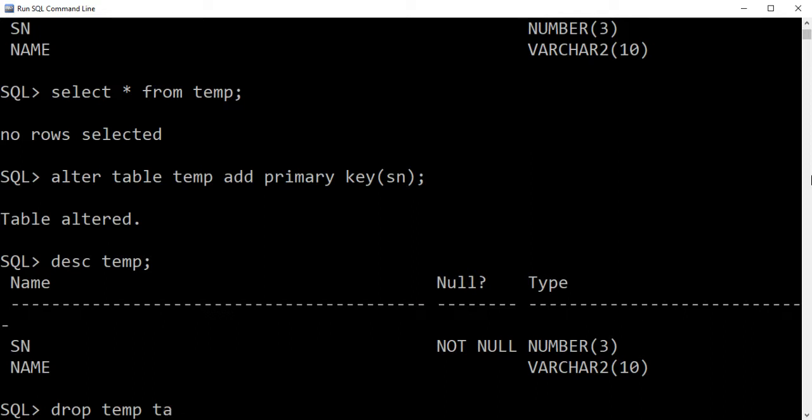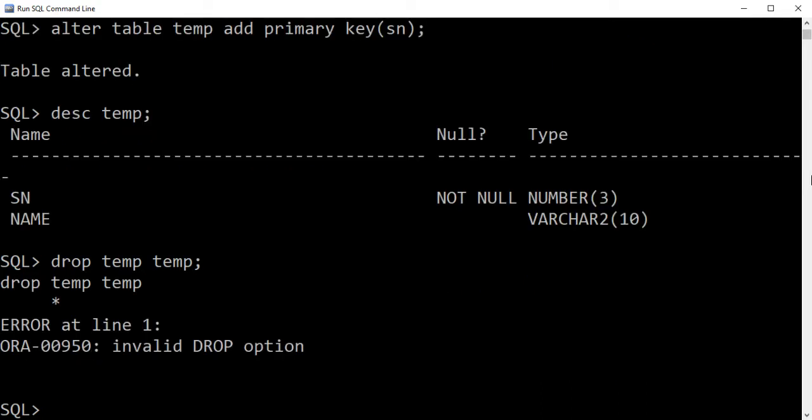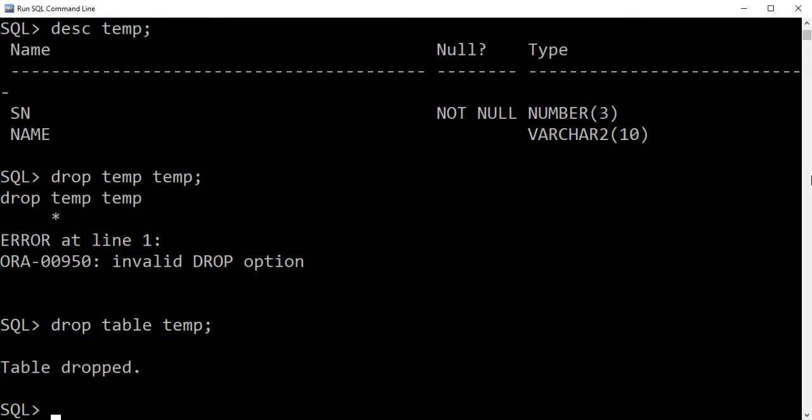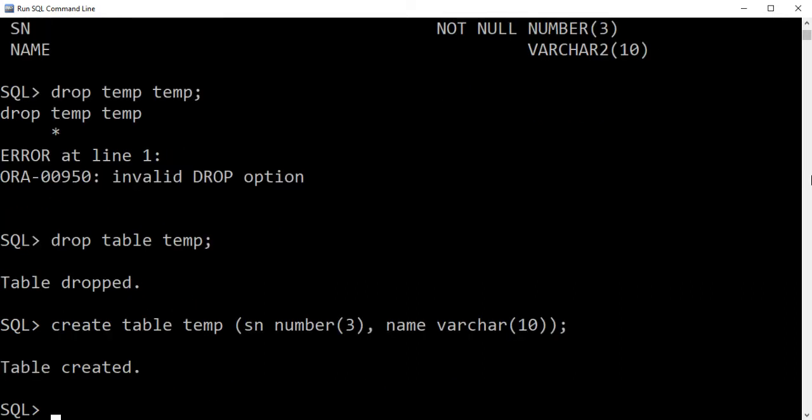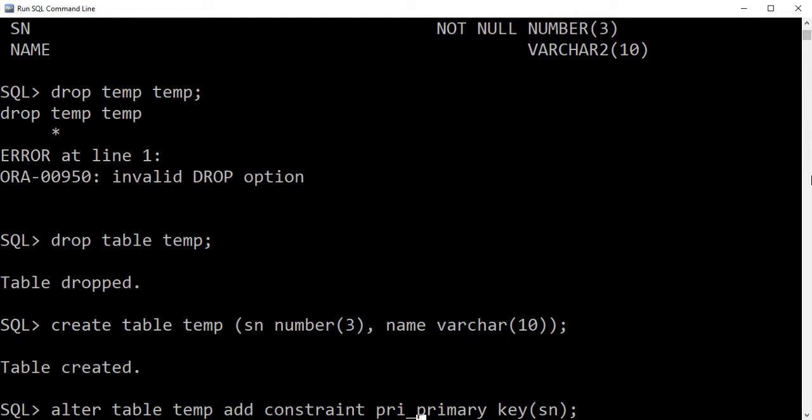Drop table temp. The table is dropped. Now creating the table again without any constraint, because we want to use the alter table command to add that constraint. So again we have created the table without defining any constraint. Now we can use the alter table command again for declaring the constraint. The syntax is the same, the only difference is that this time we are also specifying a particular name for this